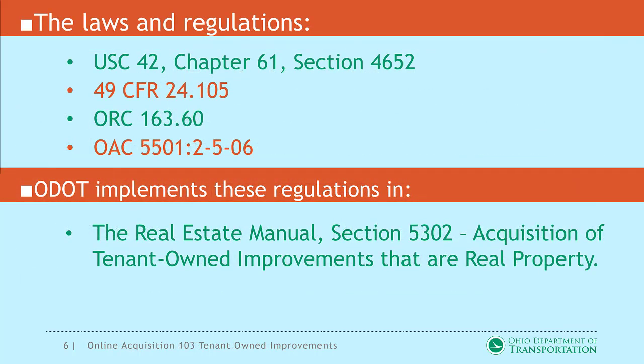Now, we have a host of laws and regulations that have to be implemented into these procedures. And as you see, they're all listed: USC 42, Chapter 61, Section 4652, 49 CFR 24.105, ORC, which is Ohio Revised Code 163.60, OAC, Ohio Administrative Code 5501, 2-506. All of this is implemented into the real estate manual in the 5302 section of the tenant-owned improvements that are